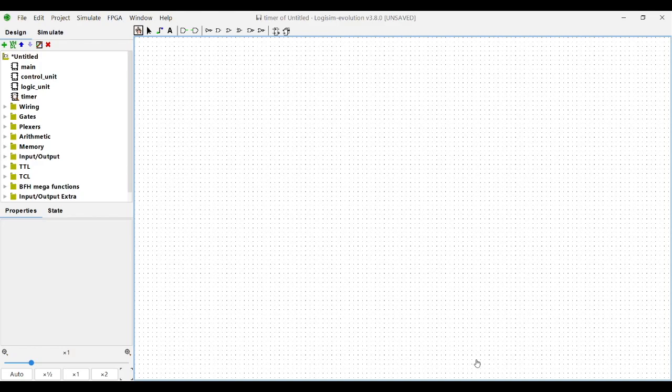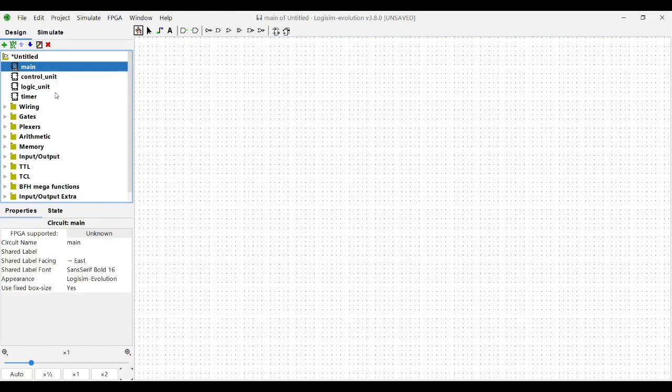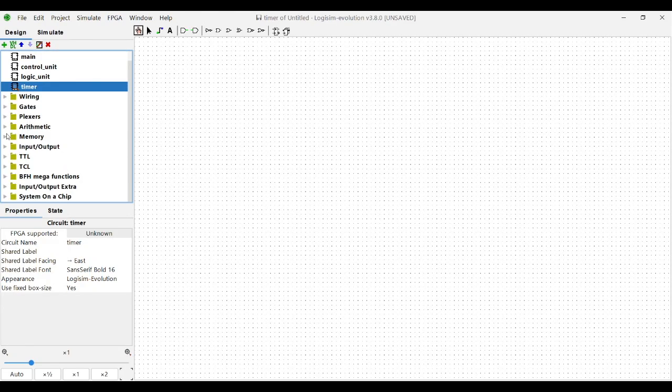Okay, so in the first place, our circuit is composed of four components. The first one is main, the second one is control unit, the third one is logic unit, and the fourth one is timer. And now we are going to create the timer. As we know, in our design the timer of the circuit will be 15 seconds per one tick. So what I'm going to do is